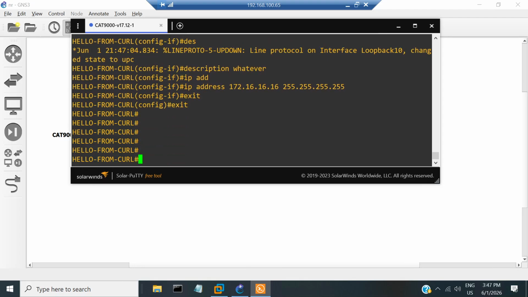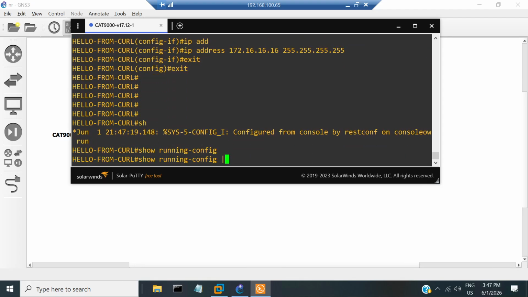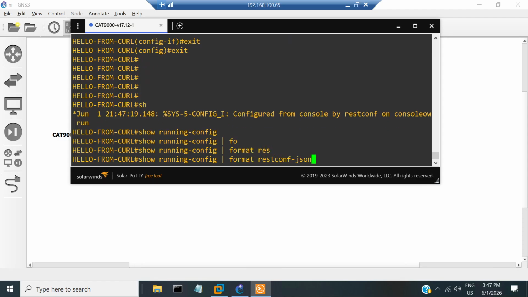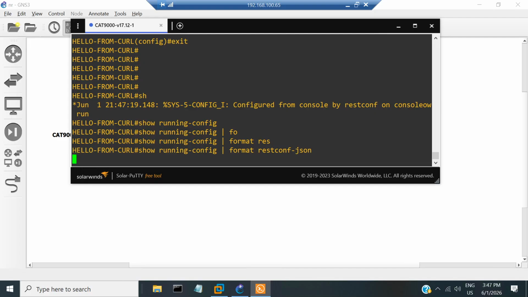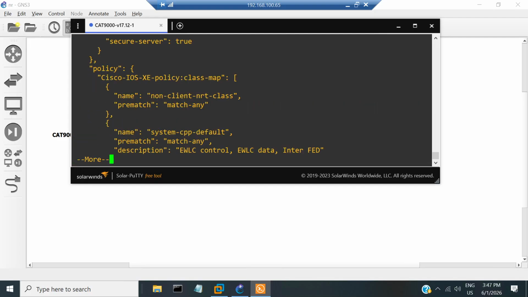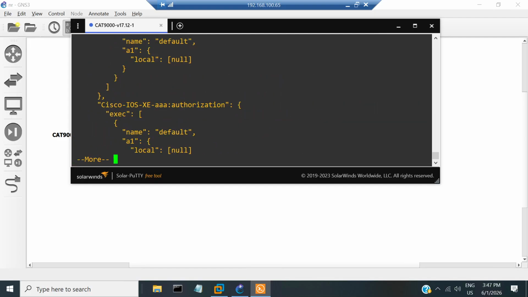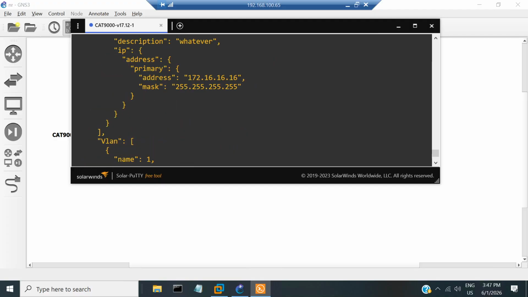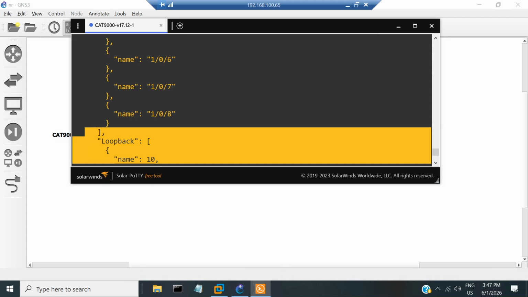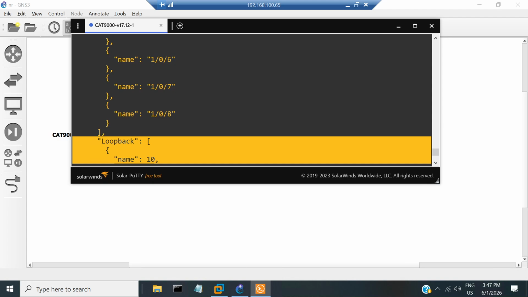Then we are going to use this configuration as a baseline. We are going to execute show running-config format RESTCONF JSON, and we are going to look for the JSON code that defines a loopback. So we are going to save it inside a notepad,